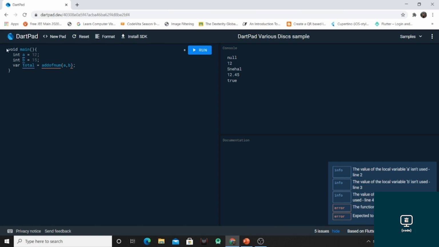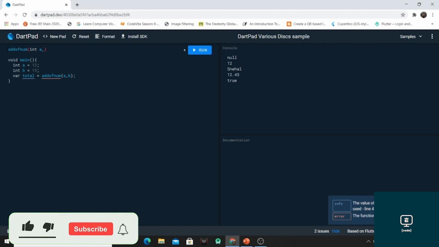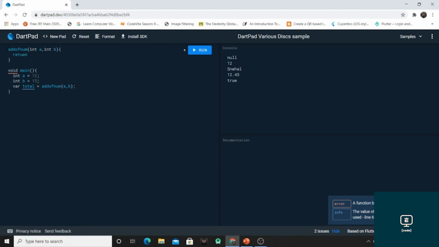Now we have to also define this function. So we can define this function, add of num integer a comma integer b, and we can return the summation of a plus b.